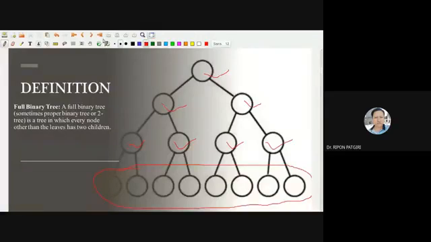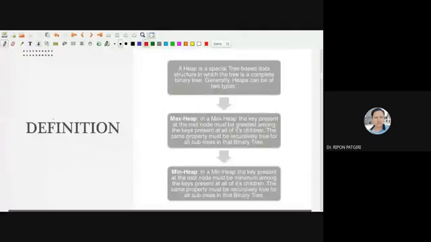Moving to the next slide, the definition of max heap. A heap is a special tree-based data structure. Heap is a binary tree, so we'll say binary heap tree, a structure in which the tree is a complete binary tree.